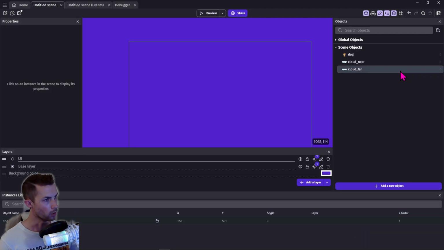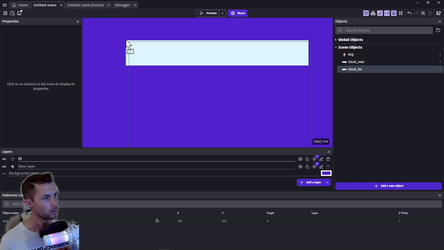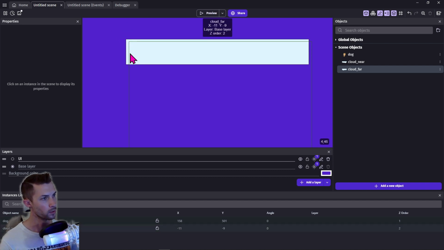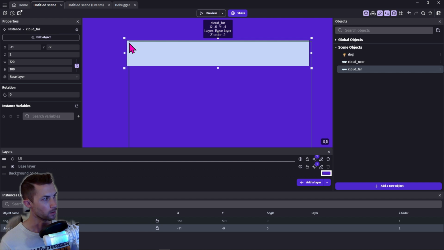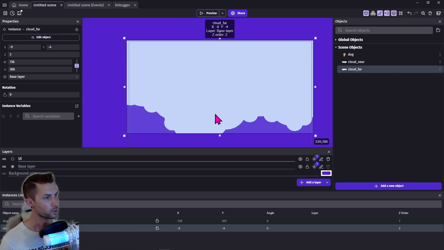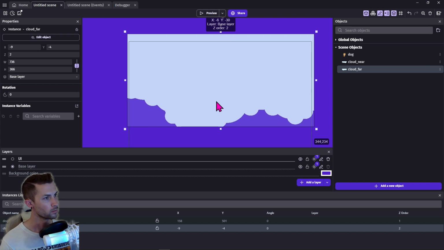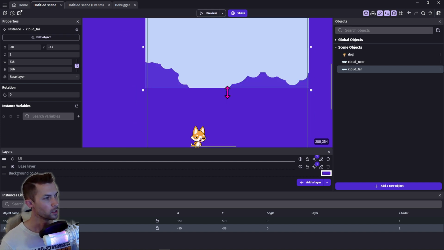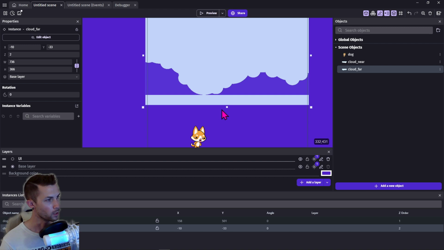Drag the cloud far onto the top left of your scene. You'll notice where the camera window is because there will be a little border. Put your cloud just to the outside of that border, drag the edges, and since this is a tiled sprite, it's going to continue to repeat the image rather than stretch it. Drag the bottom of it just so that the end of the cloud is visible, but it does not start a new cloud